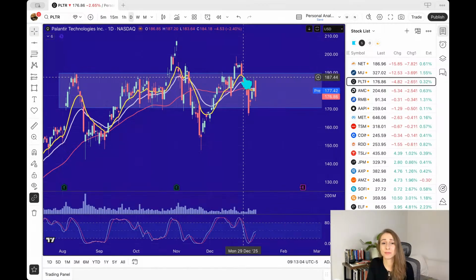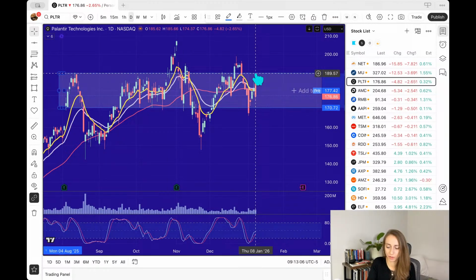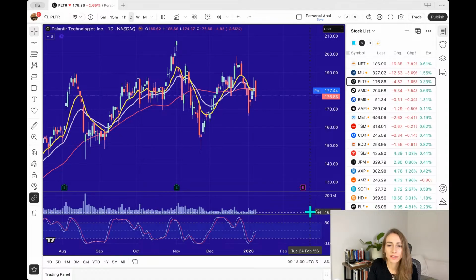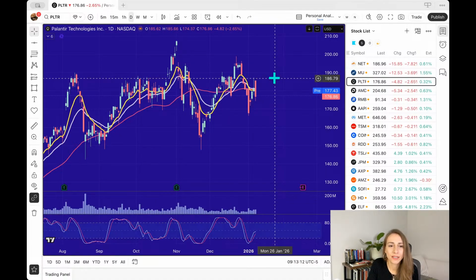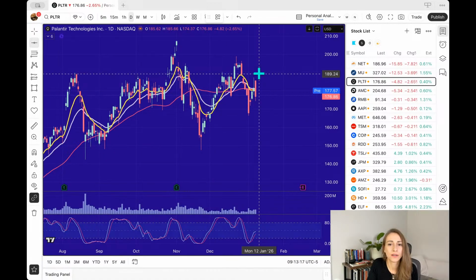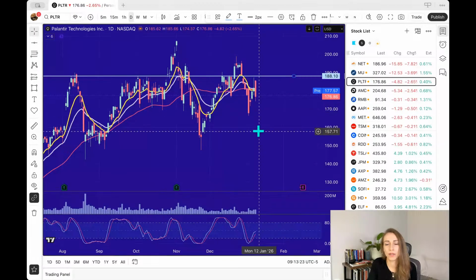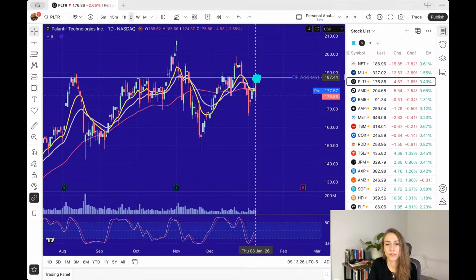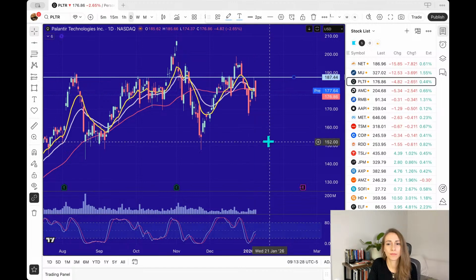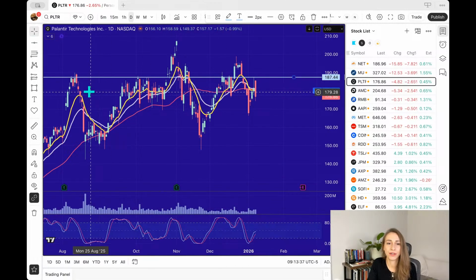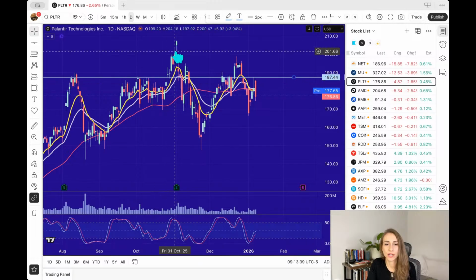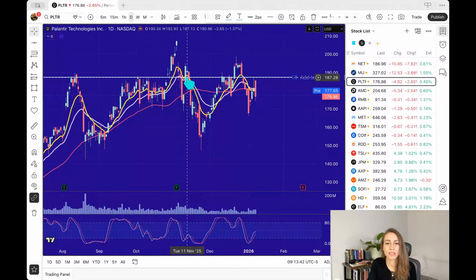This area here, look at that. So this is really what you want to look at. This is very clear. All right, this is a very clear area of rejection around that 188 mark, and I can move this down here too. So anywhere when the price got around to this area, Palantir had a hard time holding up. It definitely popped up above here, but you'll see the noise there, and then it came down.